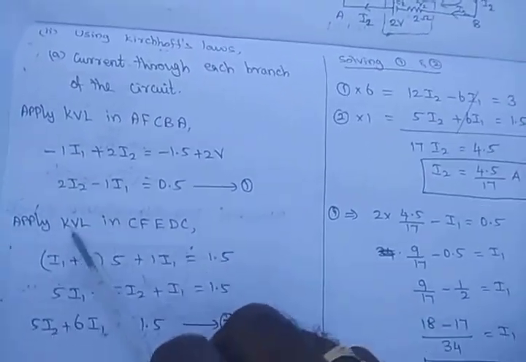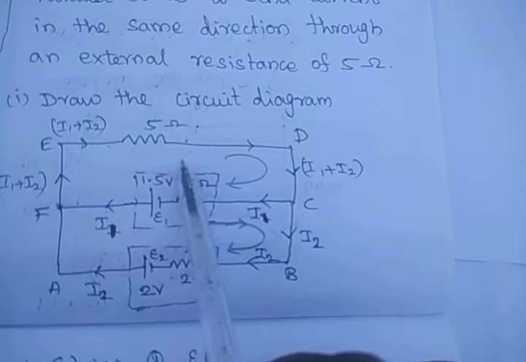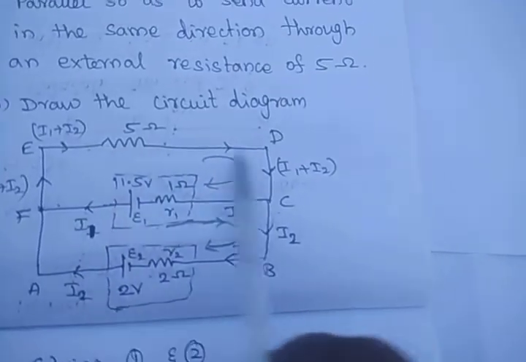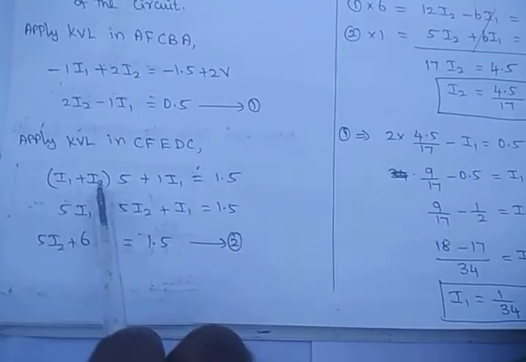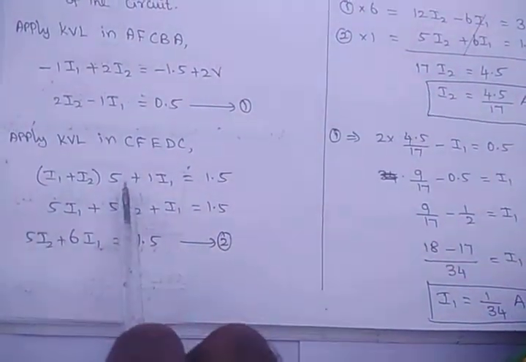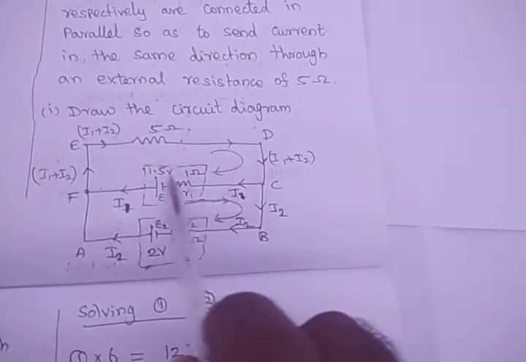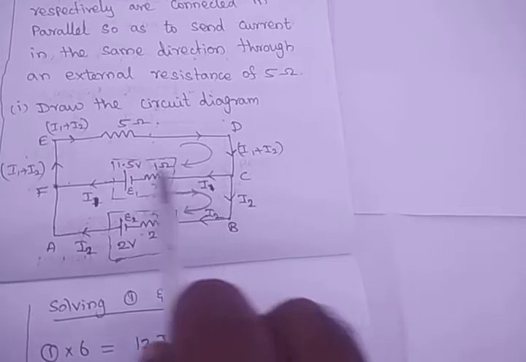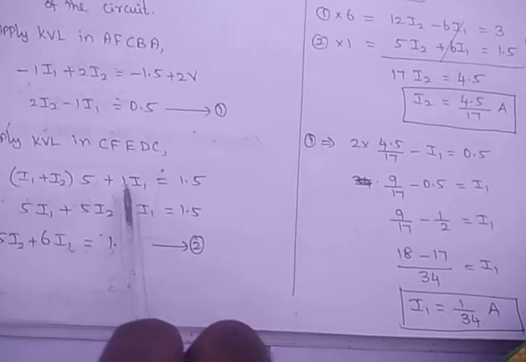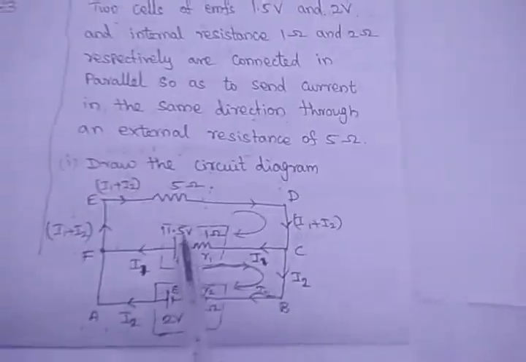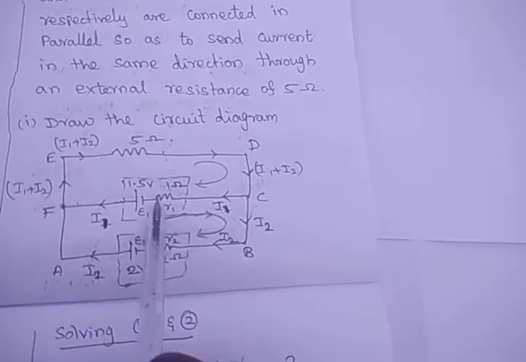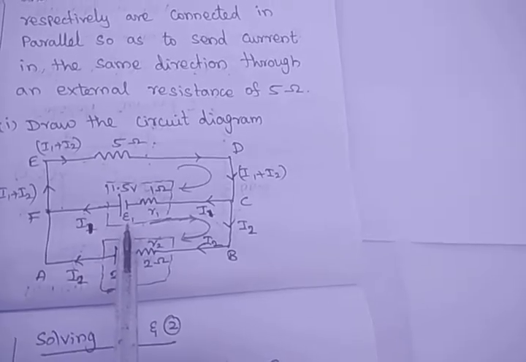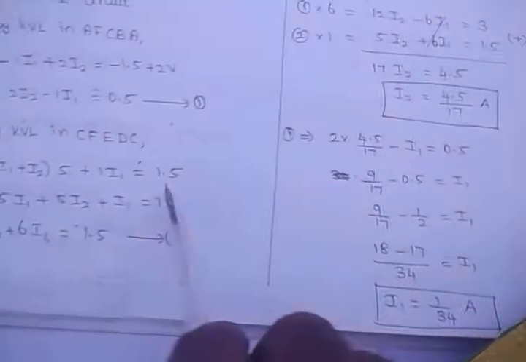The second equation is from Kirchhoff's law. I1 R1 and the traversing direction are the same, so I1 plus I2 into 5 is a plus. Then what will happen? The traversing direction is this and the current is I1, so the traversing direction and current direction are in the same direction. So plus I1, which is equal to, what is the EMF? The traversing direction is clockwise. Negative to positive, you take the EMF as plus E1, that is plus 1.5.